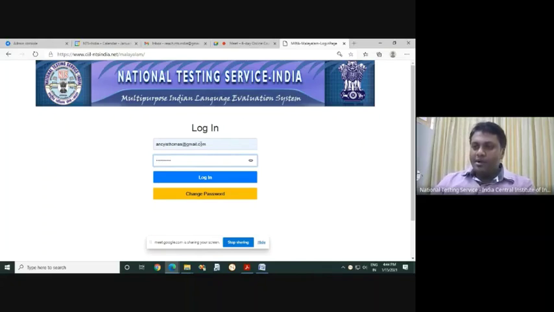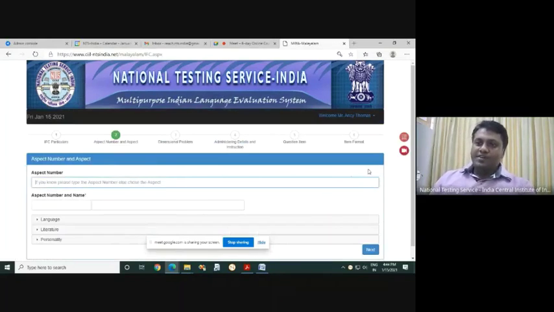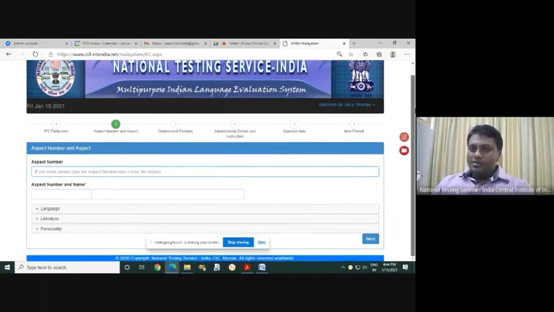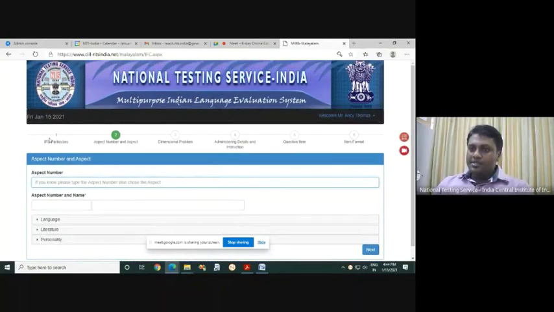Yeah, I have given my username and password and I'm just logging in. So this is the first screen you can see. This is how the screen comes. See, where I'm moving my mouse, there are 1, 2, 3, 4, 5, 6 tabs. There are 6 tabs, and we concentrate more on this 5th tab. Each one by one, if you complete these 6 steps, the question item will be saved successfully.